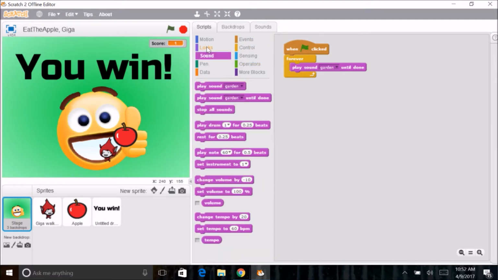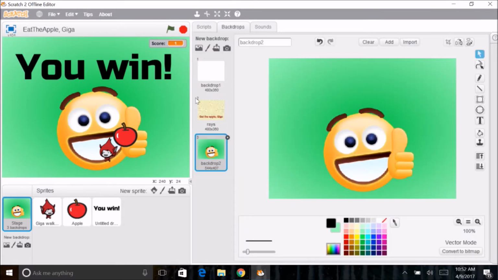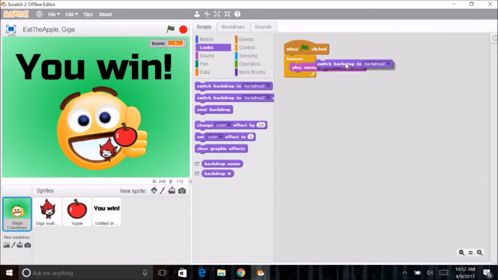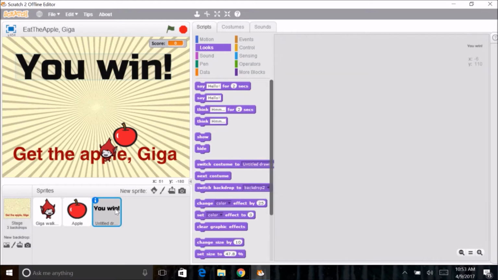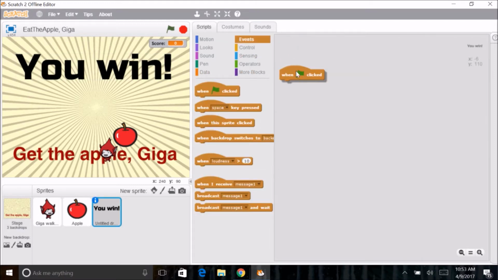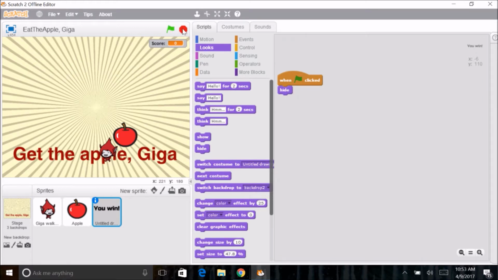So in the beginning, we do not want the UN sign to come up. So we're going to switch the background to this background, which is raise. And we also don't want the UN part to show up. So let's go to when green flag clicked, and we're going to hide this. So now our game is back to normal, right? Not exactly. But now we need to make sure that both of them show up when the score